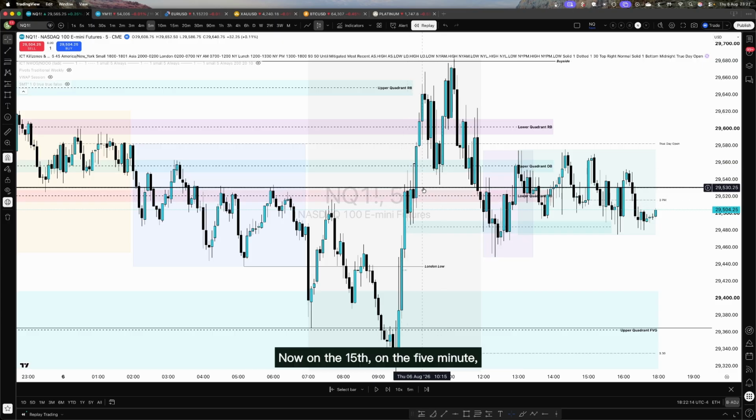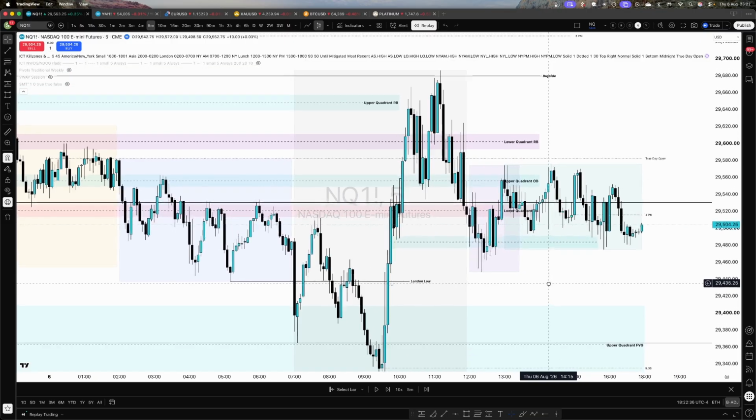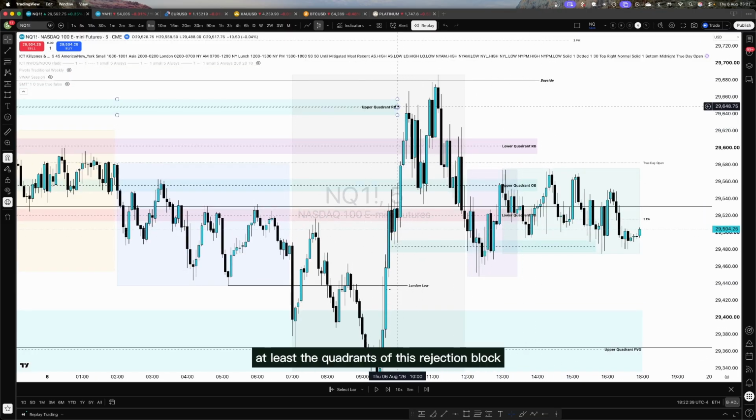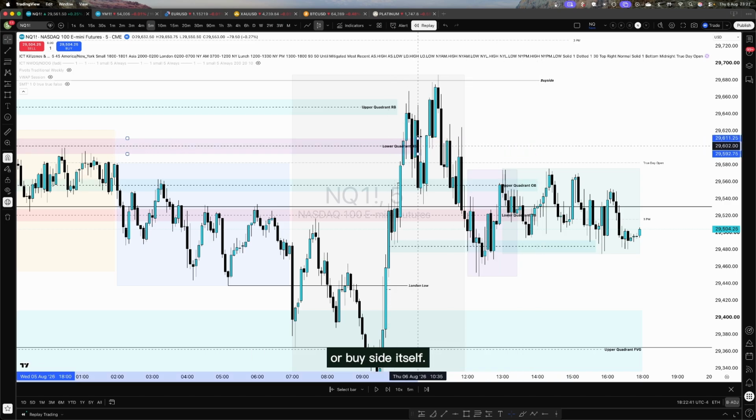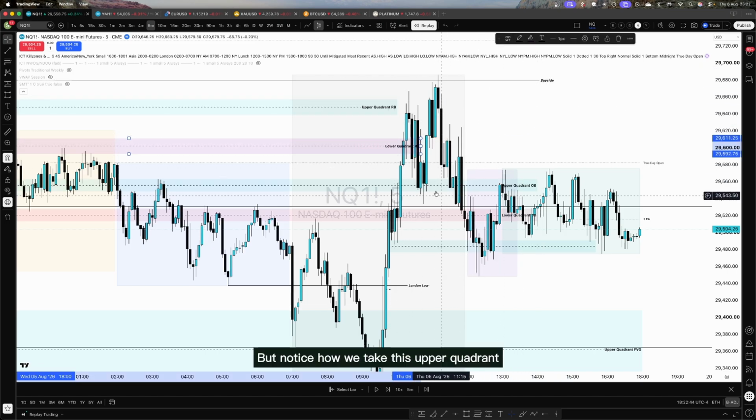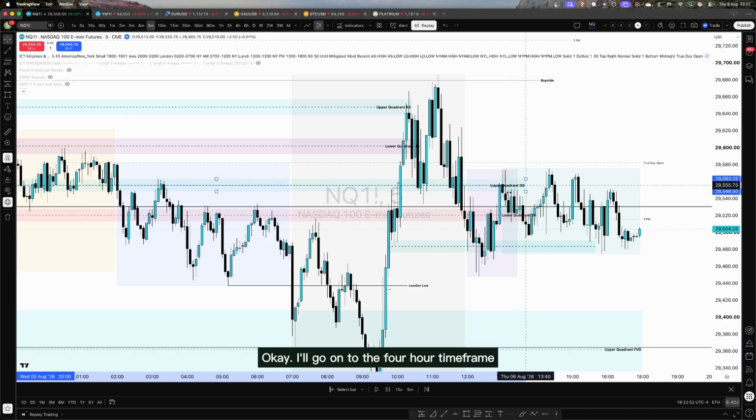Now on the 5 minute, we can see we've tapped back into this 5 minute gap and created a 5 minute internal to external trade. I think this was also at macro time, so just at the new 4-hour candle. Pretty clean if you ask me, and if you can get a good stop loss, I would say you could have targeted at least the quadrants of this rejection block or buy side itself. But notice how we take this upper quadrant and then we come back down to this order block. Okay,